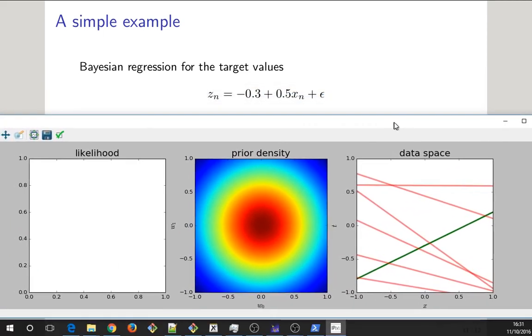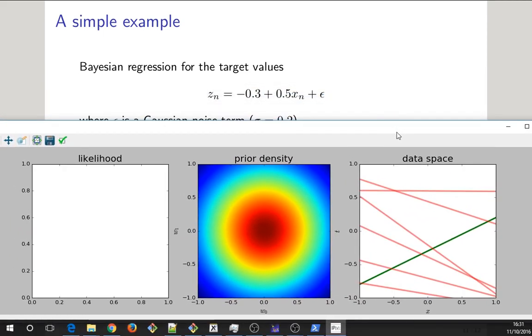So luckily I have this nice little chart here. So what we have here is the green line, our true function that we're trying to approximate. You can also see that since we don't have any data points, our likelihood doesn't exist, and we only have an isotropic Gaussian prior. Now when we add a data point,